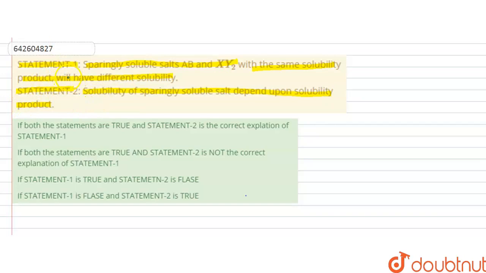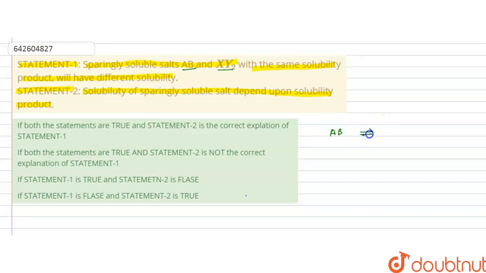We have to find whether these statements are correct or not, and whether statement 2 is the correct explanation for statement 1 or not. Statement 1 is saying that sparingly soluble salts AB and XY2, which are given to have the same solubility product, will have different solubility. So if we